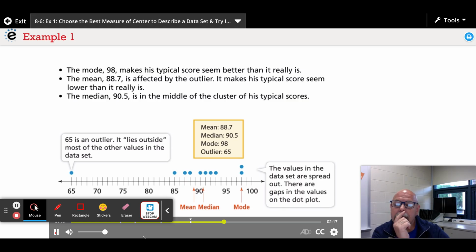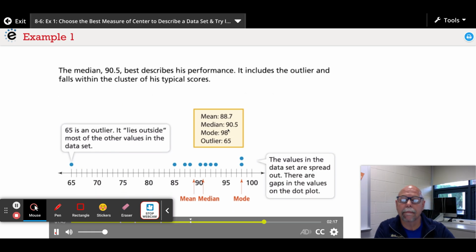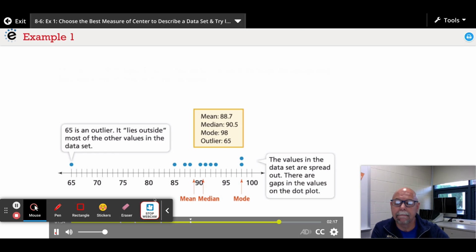The mode, 98, makes his typical score seem better than it really is. The mean, 88.7, is affected by the outlier. It makes his typical score seem lower than it really is. The median, 90.5, is in the middle of the cluster of his typical scores. The median, 90.5, best describes his performance. It includes the outlier and falls within the cluster of his typical scores. All right. The mean